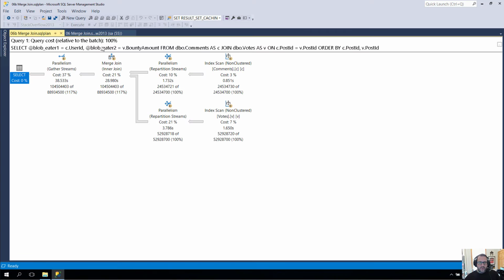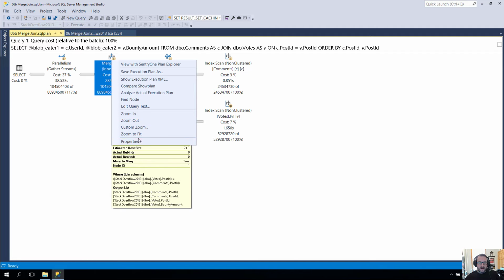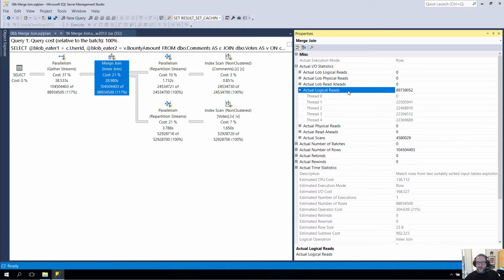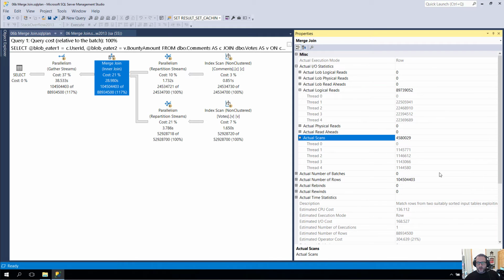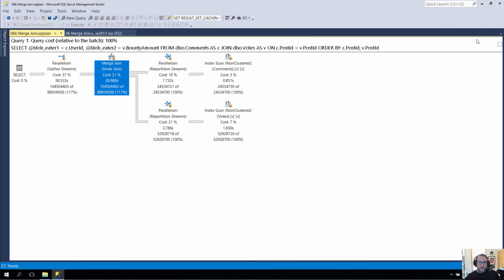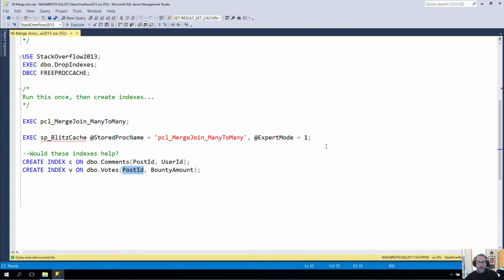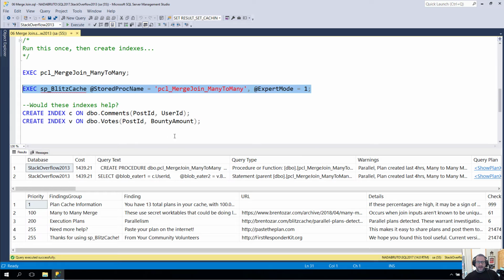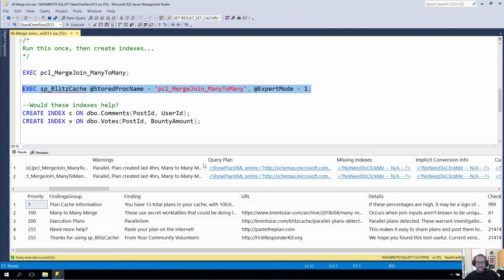And if we look in the properties again of the merge join, we go here, properties, and we go to I/O statistics, we do the exact same amount of work in that hidden work table that gets spun up to deal with the duplicate values in there. So we do quite a bit of work in that merge join regardless of indexing, because it is the many-to-many variety. SP Blitzcache will warn you about many-to-many joins, but because we don't have information about